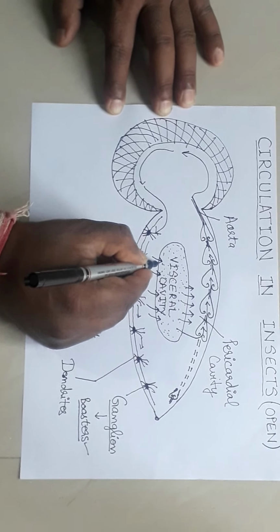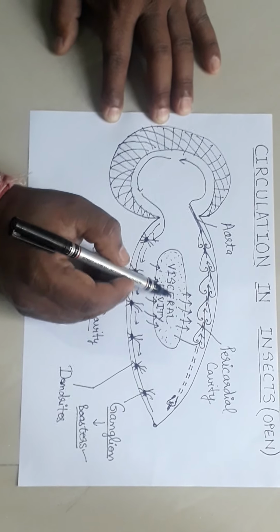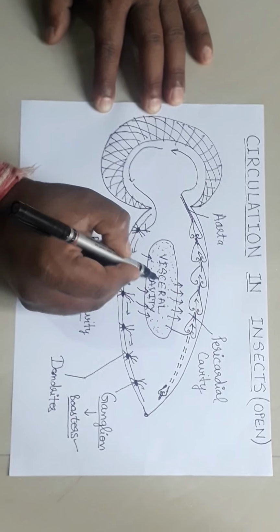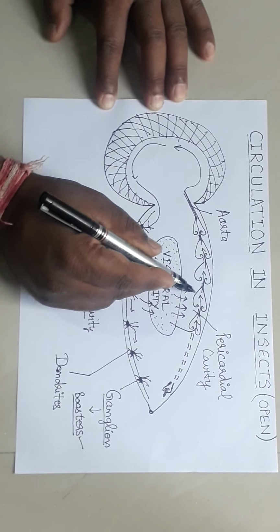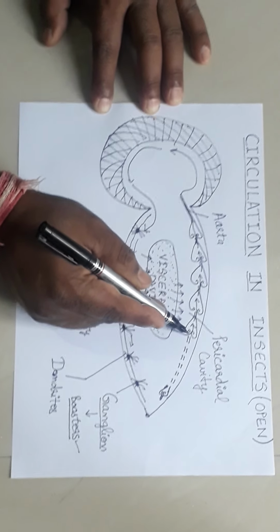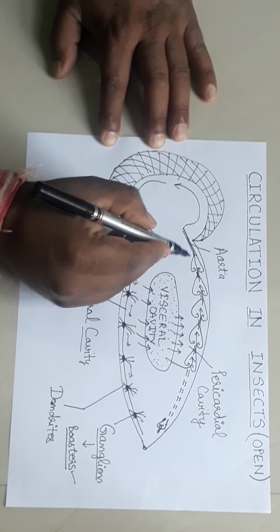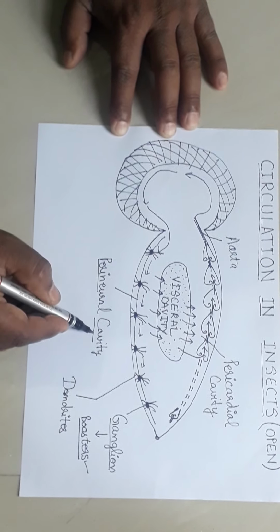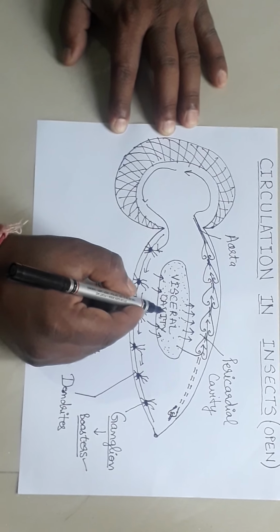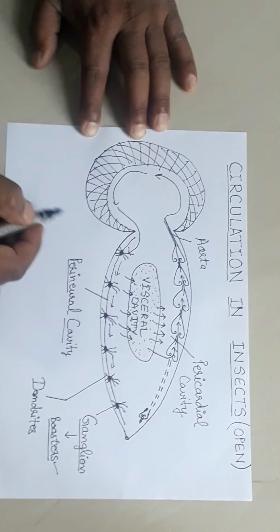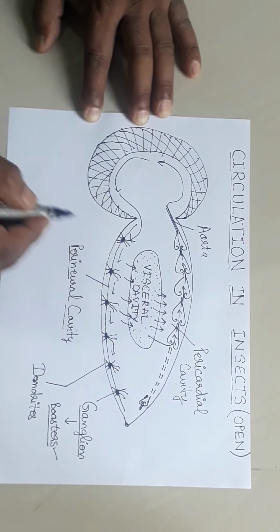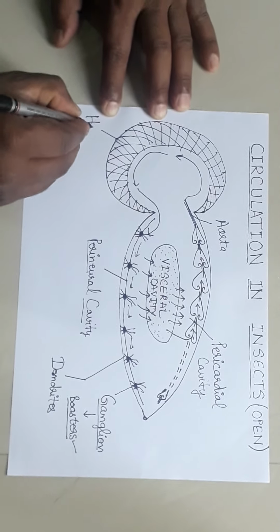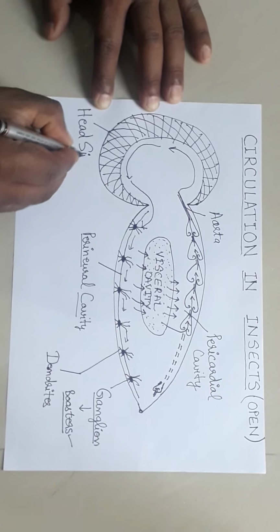visceral cavity again. So in this manner, when the organism is active, showing locomotion, moving very fast, the fluid goes from the visceral cavity into the pericardial cavity, and from here into the heart-like chambers. Through the aorta it circulates to the head region and finally enters the perineural cavity, and from here again into the visceral cavity. So in this manner, the circulation of insects is carried out. This is the head sinus. We have not labeled the head sinus.